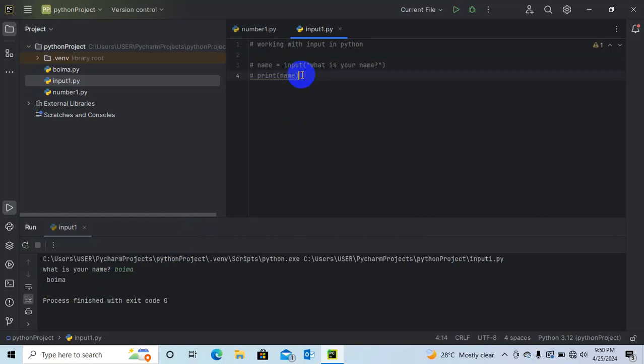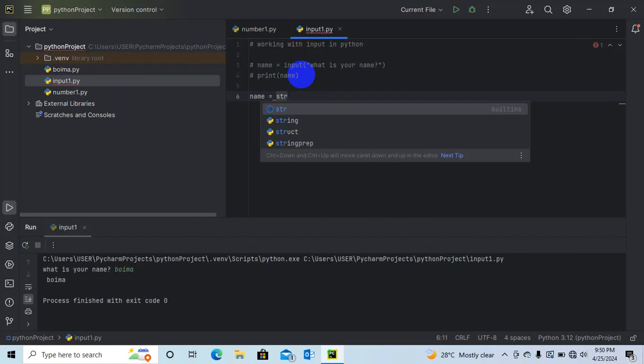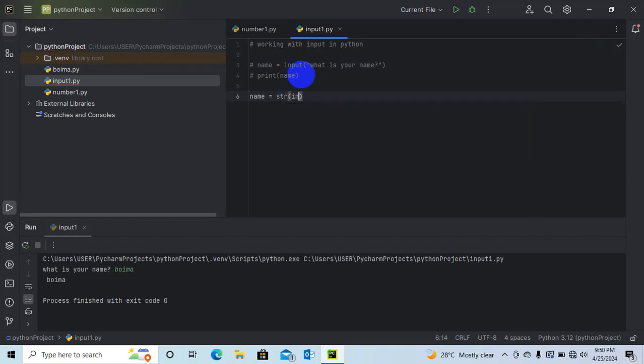So now I say name is equal to the variable, and I'm using string, so I put str, parenthesis, input, parenthesis, and I ask this question: what is your last name?